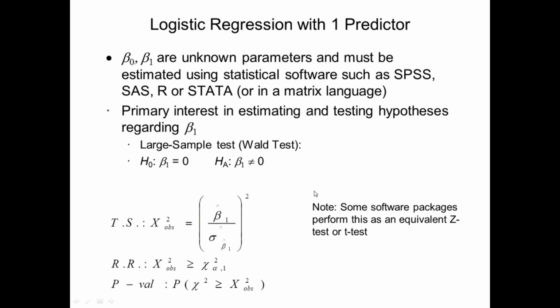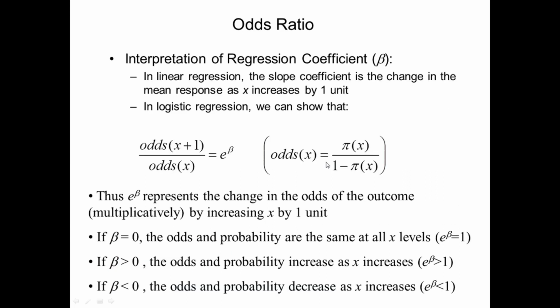So we also have the odds ratio in logistic regression. The odds ratio is an indicator that is used to interpret a regression coefficient. In linear regression, the slope coefficient, for example, is the change in the mean response as x increases by 1 unit. But in logistic regression, we can show that the odds ratio,